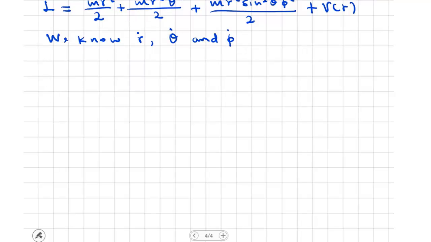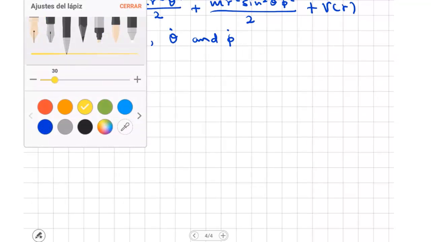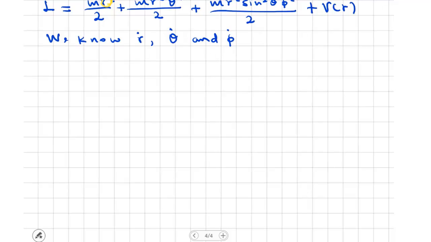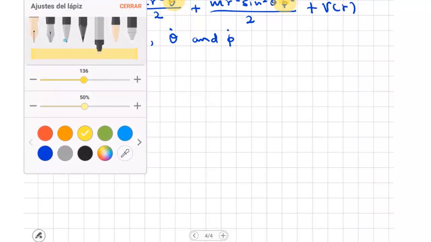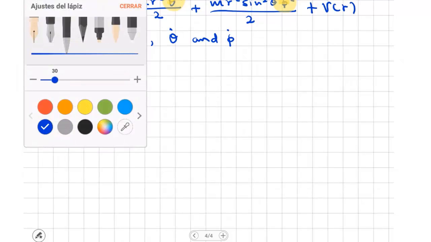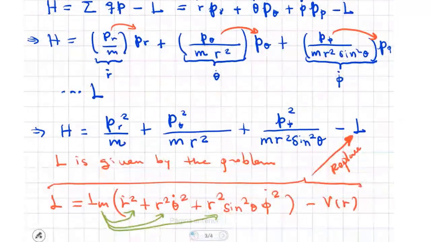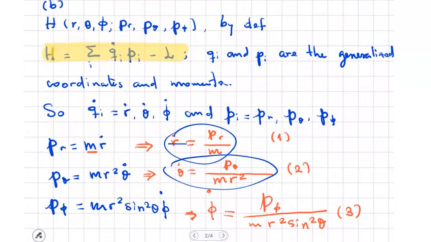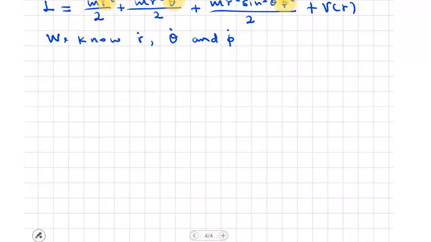When we replace phi dot, theta dot, and r dot into the Lagrangian right here, r dot, theta dot, and phi dot, when we replace those terms into the Lagrangian, we remember that we calculated those terms. They are here, r dot, theta dot, and phi dot. We replace these number 1, 2, and 3 equations into the Lagrangian. We get